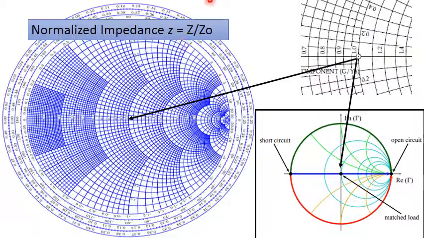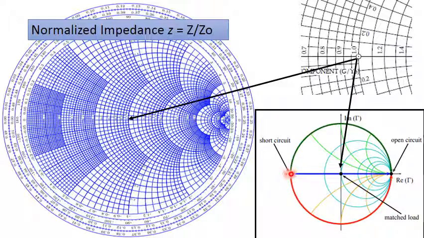When Z is equal to Z0, that is, the normalized impedance is equal to 1, that point will be situated at the center. This is the magnified view of the center, where we can see it is 1.0, the center of the Smith chart. This is the bird's eye view. Here we find the normalized or matched impedance. Normalized impedance equal to 1, that is Z equal to Z0, is the matched impedance.